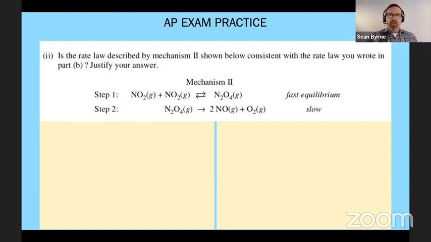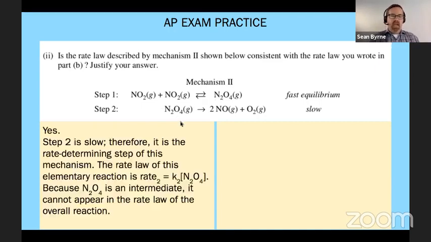However, there's two things we want to remember. A, the fact that this is an equilibrium, and the people who wrote this problem were nice to us. They even reminded us up here that this was a fast equilibrium, and that N2O2 is an intermediate here, right? It is produced here, but then would be used up again in step number 2. And we would never want to have an intermediate in a rate law. So what we're going to say is that an intermediate can't appear there.